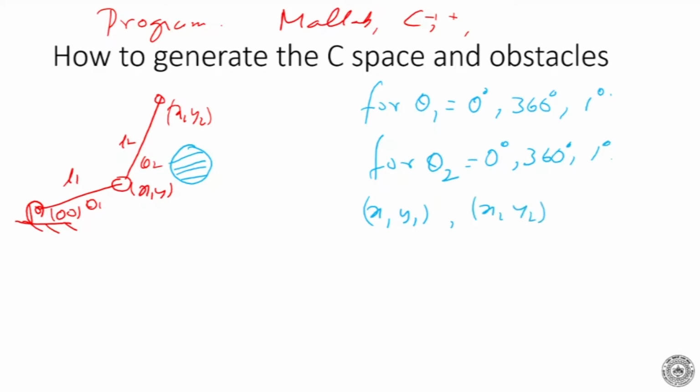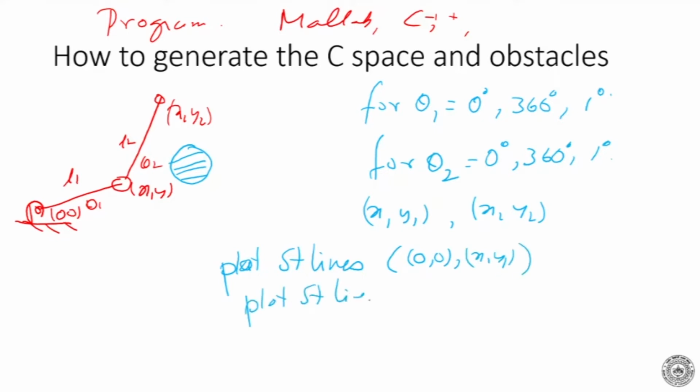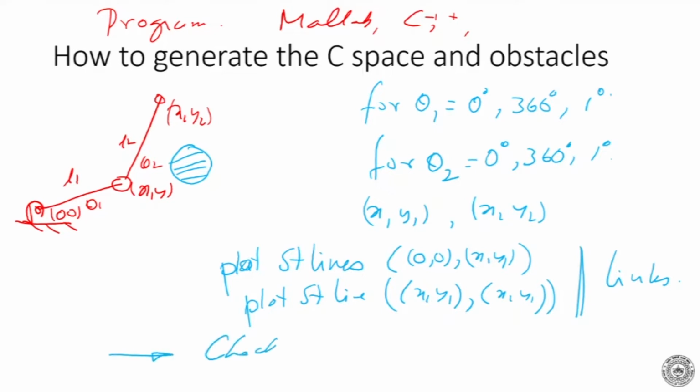Then I plot straight lines. There is the plot command in MATLAB, for example. So you connect 0 0 with x1, y1. So there is one, and then you can plot a straight line again. You connect x1, y1 with x2, y2. So we are connecting this by straight lines. Now this is basically what my links are. Now you need to check for intersection